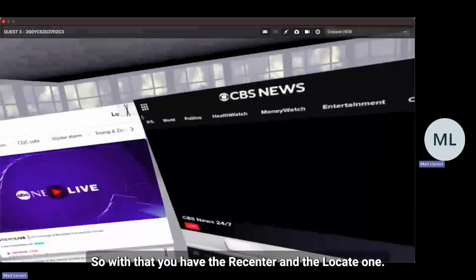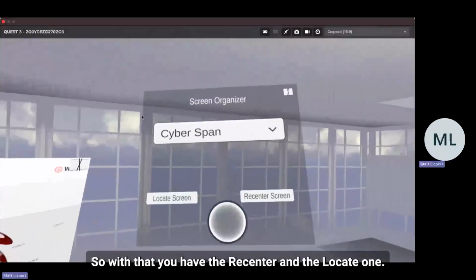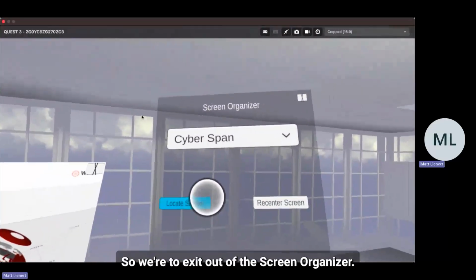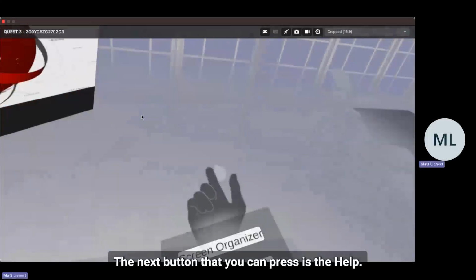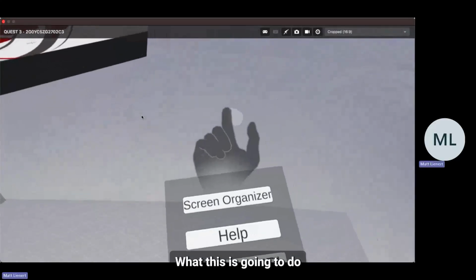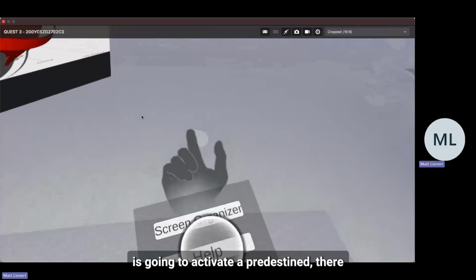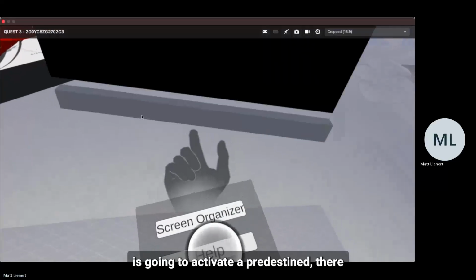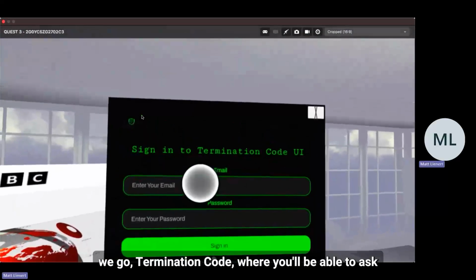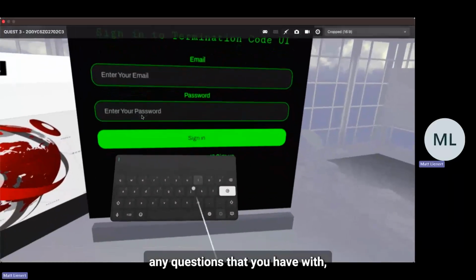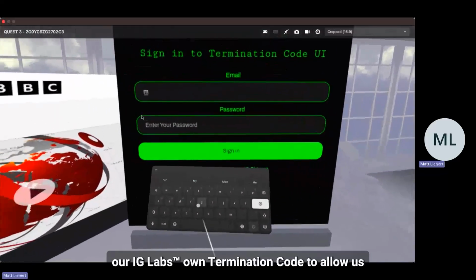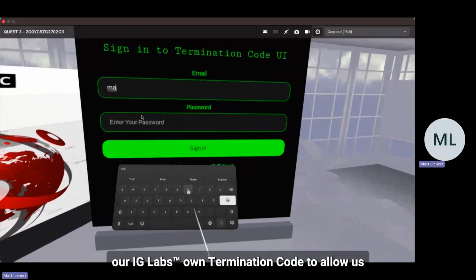So with that, you have the recenter and the locate one. So we're going to exit out of the screen organizer. The next button that you can press is the help. What this is going to do is activate a predestined termination code, where you'll be able to ask any questions that you have with our IG Lab's own termination code to allow us